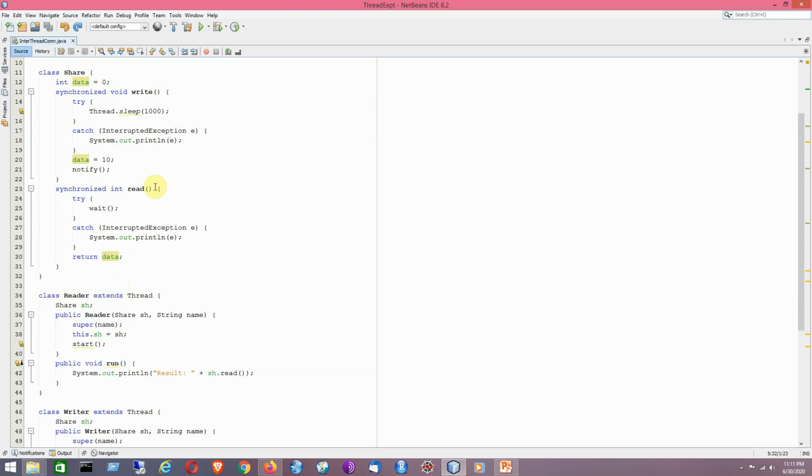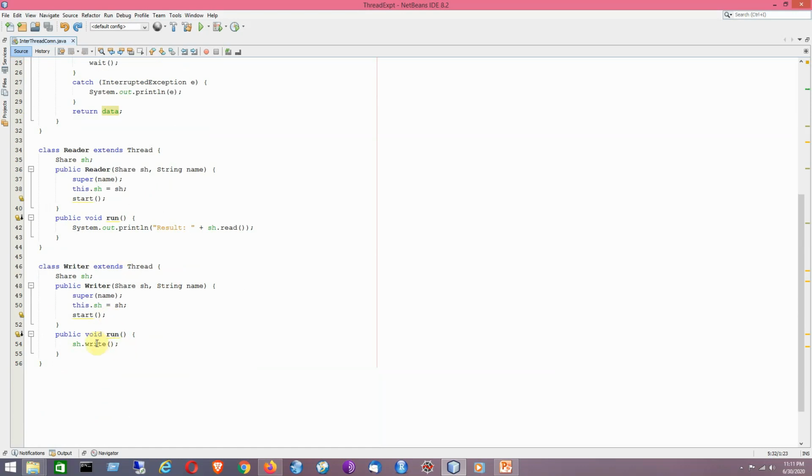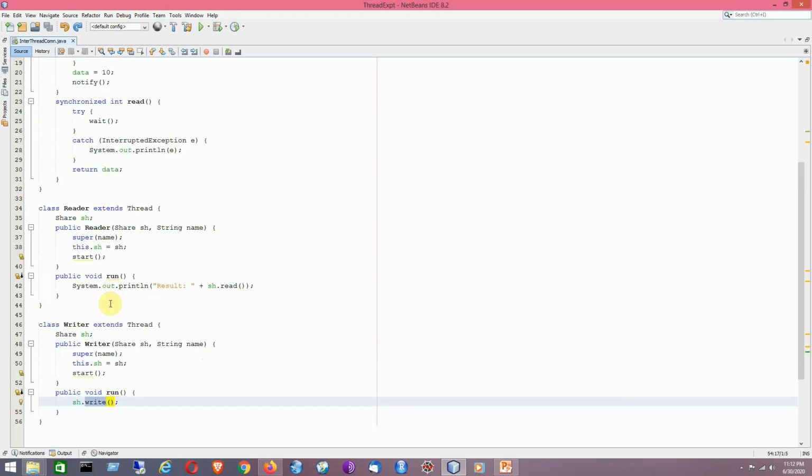So in this case, a writer thread will call an object's write method to write some data, and the reader thread will call the same object's read method to read the updated value of this variable named data.